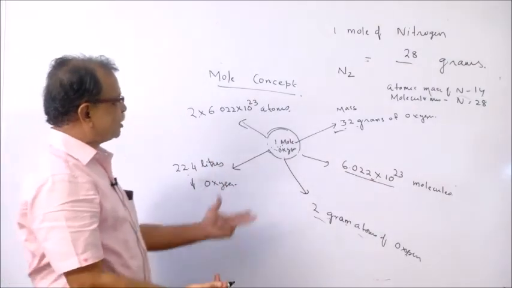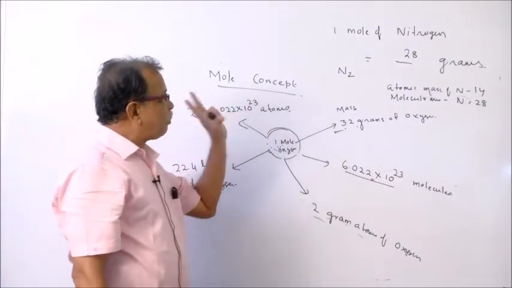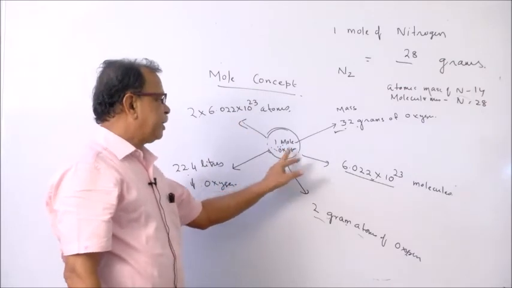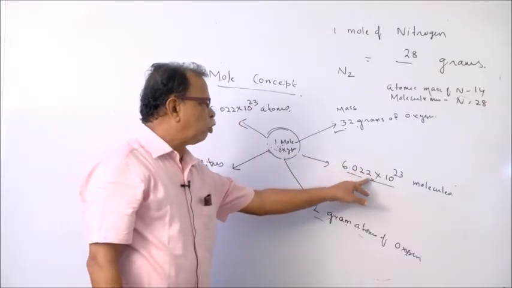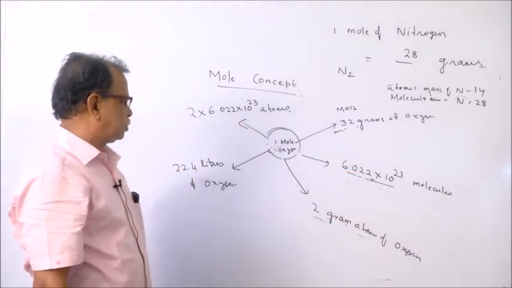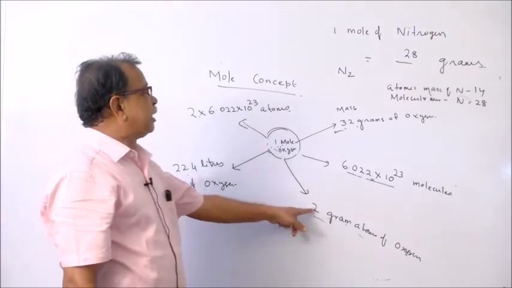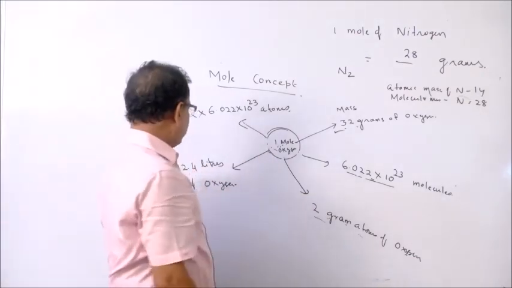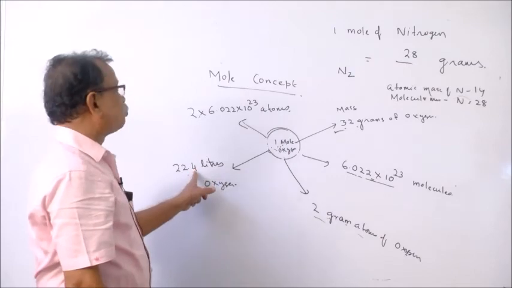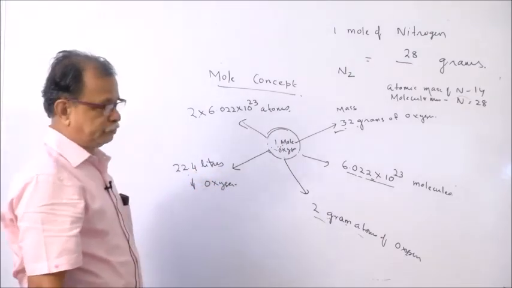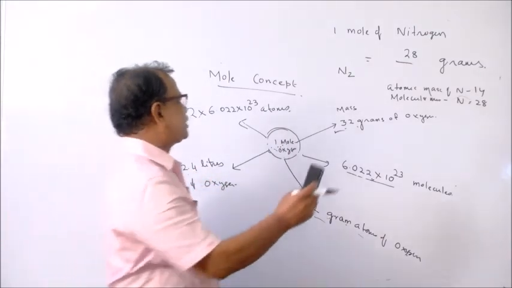How many molecules? The molecules are the same. 1 mole of oxygen is 6.022 × 10^23 molecules. How many grams? 32 grams. How many liters of oxygen? 22.4 liters of oxygen. So if the question is asked like this,